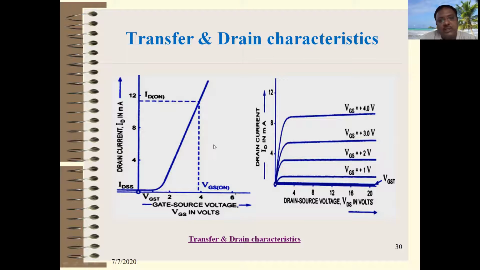So what happens exactly? If VGS is less than VT, then the current through the device is equal to 0, ideally 0, practically a very small current flows through the device. And once your VGS is greater than VT, your current increases exponentially. It means that your device turns on, so the current ID increases. I will explain this with the help of one video. I'll show this video to you.